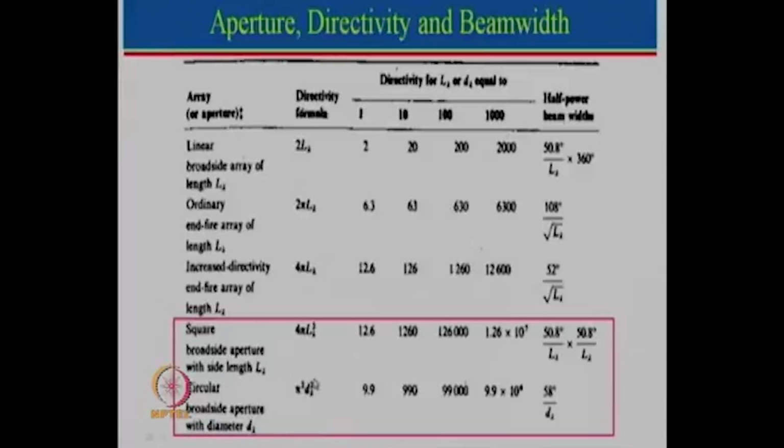And here we have the case of a square broadside array. That means an aperture of a square of total length L lambda and L lambda. So we know from aperture theory that the directivity is given by 4 pi A by lambda square. What is A for a square? It is L lambda multiplied by L lambda. Similarly for a circle, aperture theory says 4 pi A by lambda square, and what is A? Pi r square. So 4 pi into pi r square reduces to pi square d square by lambda square, and